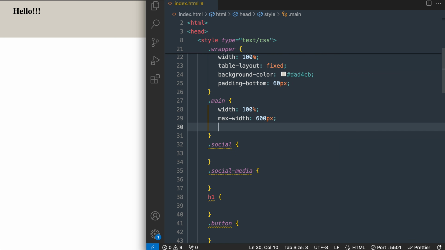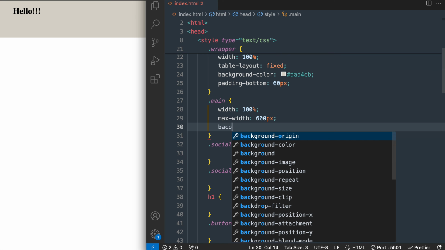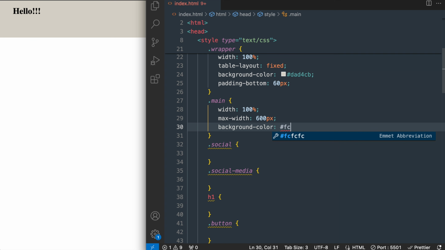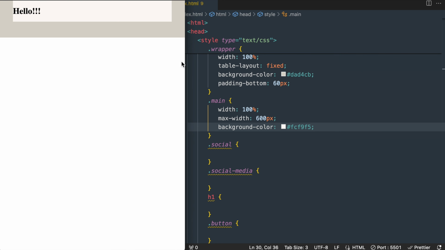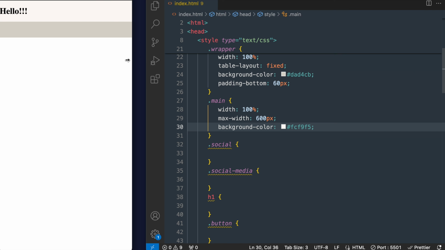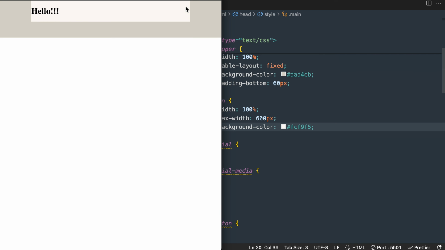Then what we can do is apply a background color to this as well. So I'm going to use the hex value FCF9F5, which is the off-white tan earth tone shade, and now we can start to see the template take form with the width being responsive underneath 600 pixels, and we can tell that it is because it isn't overflowing outside